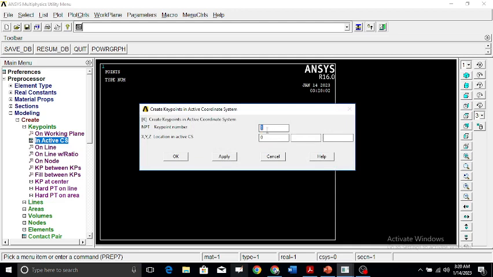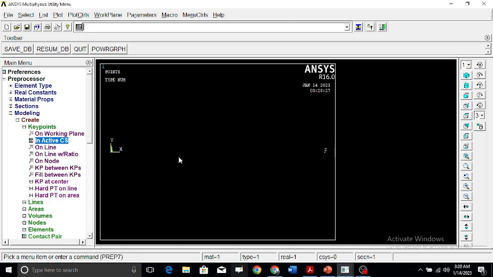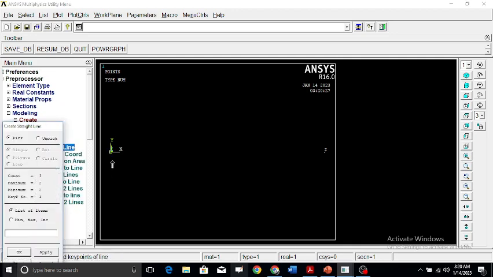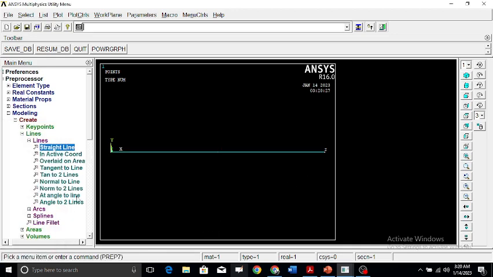Then we go to the second key point, key point number 2, and the length of the beam from 0 will be 1 meter. So we'll put 1 here. These are our coordinates x, y, and z. So the original point was 0, and we move a distance along x of 1 meter, and we give it the value. Once we apply it, you can see there are two key points being generated, 1 and 2. Once this is done, we can go to lines and we draw straight lines from here to here and we say apply. And once this has been done,